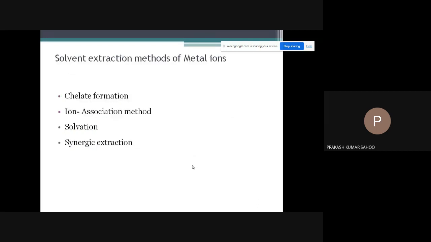Just look at these things. Solvent extraction method of metal ions. So the first one is the chelate formation. What is chelate formation? That means we will have application of chelating ligands. Chelating ligands means these ligands have the capacity to form a ring-like structure. Okay, so this ring-like structure is known as chelate formation. Then second one,